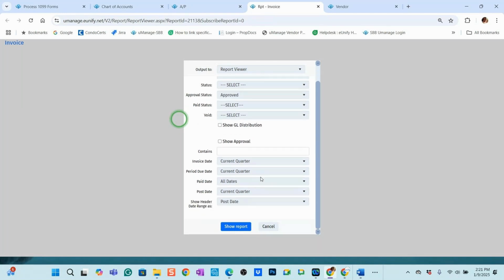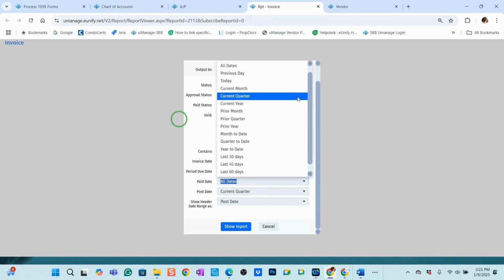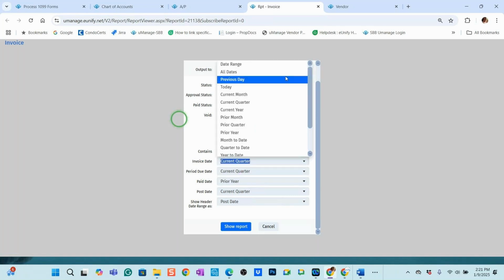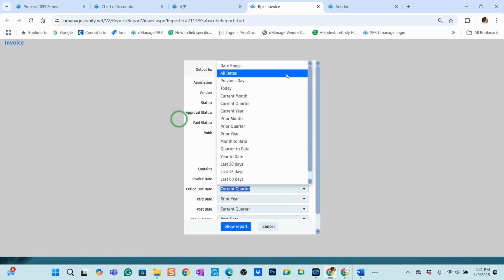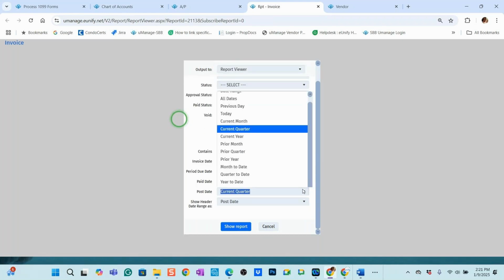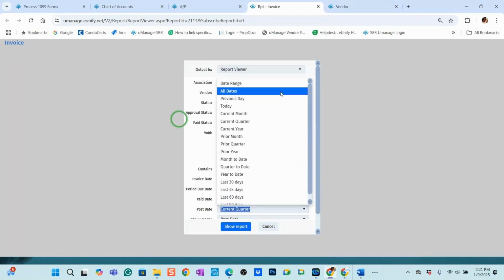Let's see. And we want to look at the prior year. So I'm going to look at paid date, prior year. And this will just show you all of your paid invoices for the prior year. If you guys are interested in looking at that,